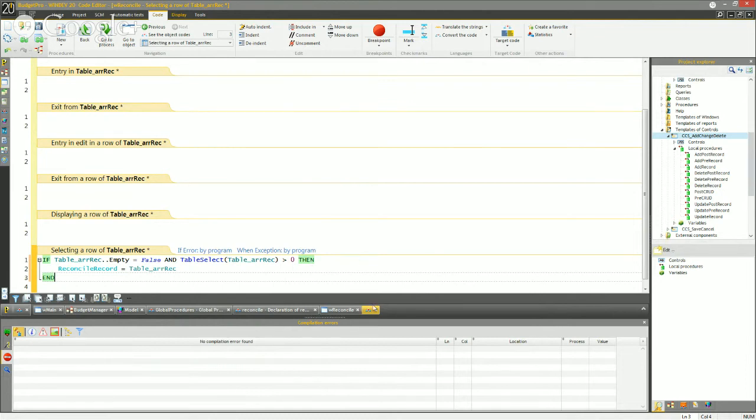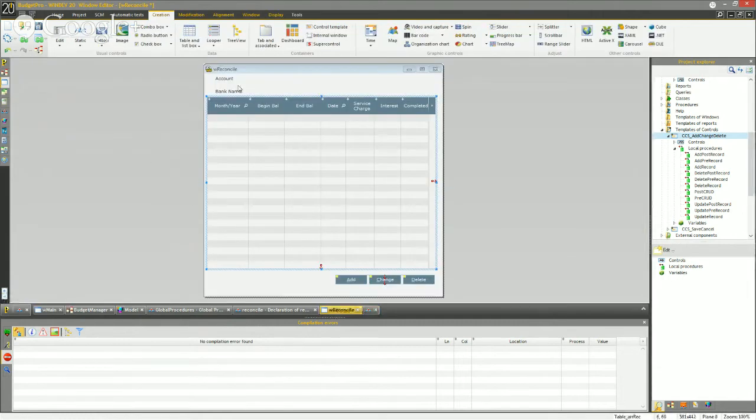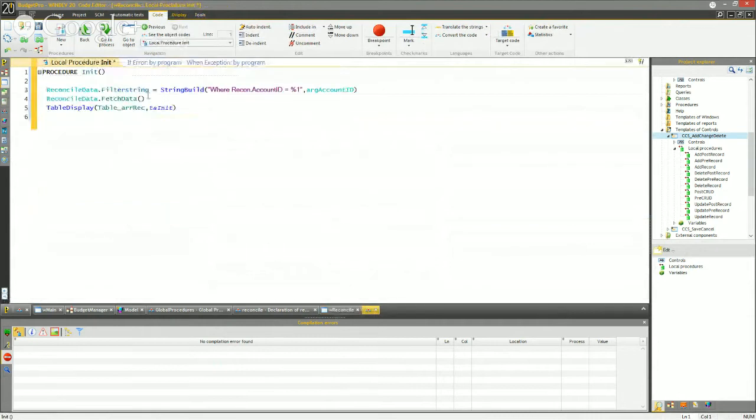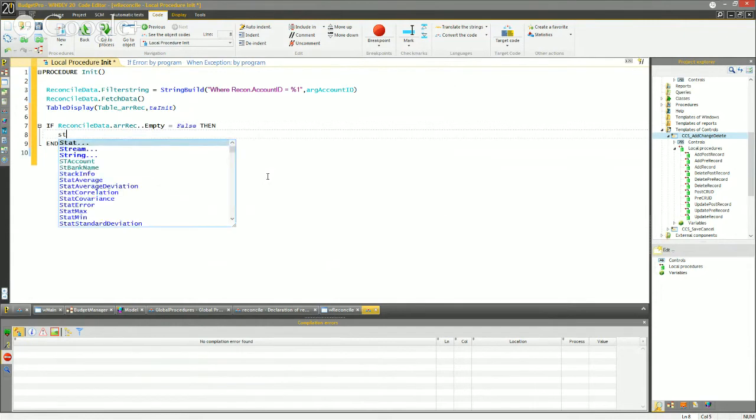Okay. The last step to finish off this screen is we got to set this account and bank name, don't we? So what I'm going to do here at the top in my init, again, you notice I've already fetched the data. Well, I'm going to add one more piece to this. If reconcile data, ARREC, and empty, false, then my STC